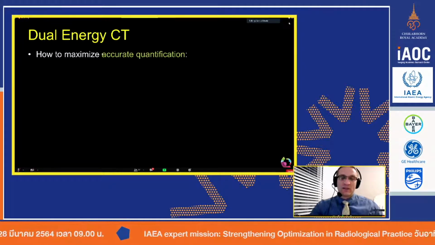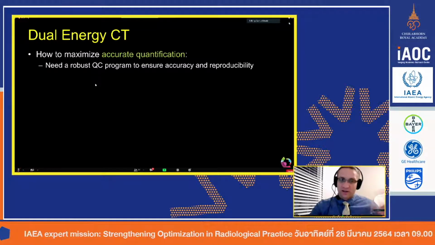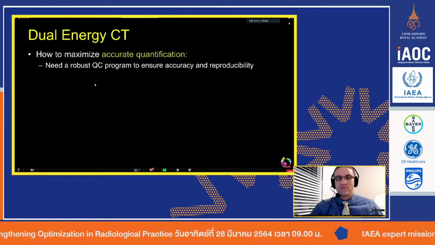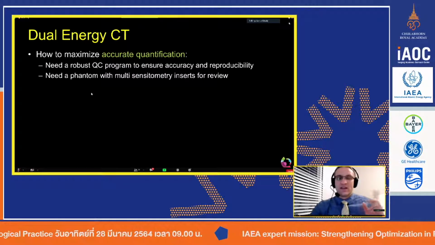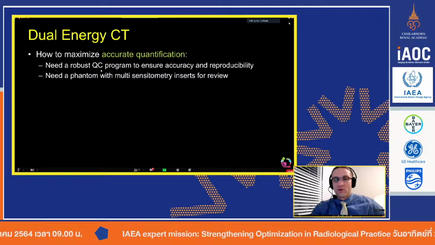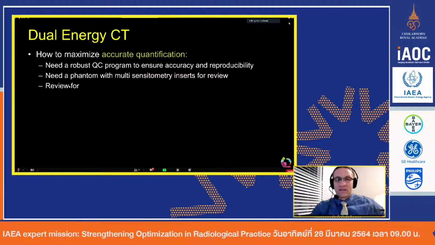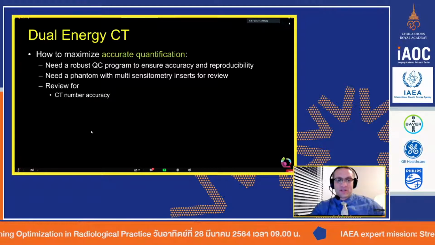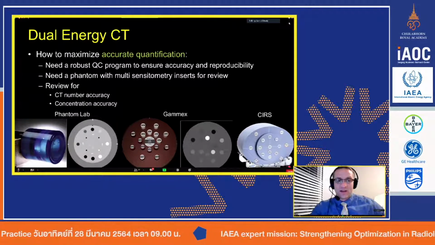So how do we maximize the quantification accuracy? Well, this is something that we've talked about throughout this whole process: establishing diagnostic reference levels. You need to have a good understanding of the CT scanner, its strengths and its weaknesses. And to do this, you need a robust quality control, QC, program. One way to do that is to get a phantom and scan that phantom. And this phantom has to have multiple sensitometry inserts. So this Phantom Lab phantom you can buy has one of these